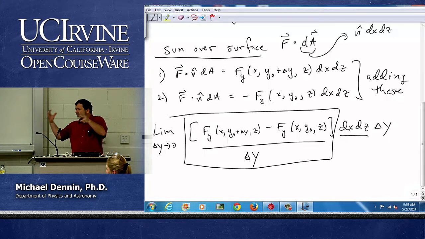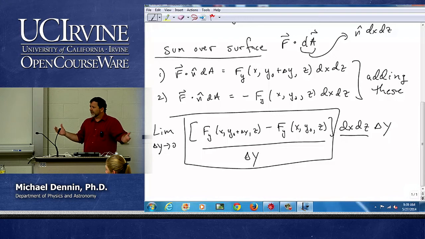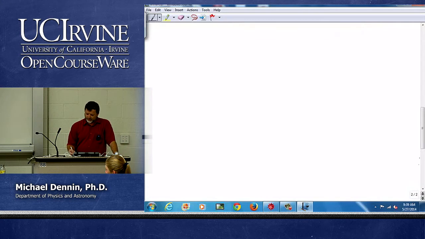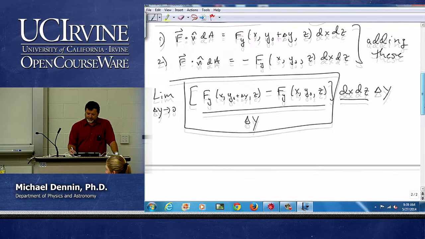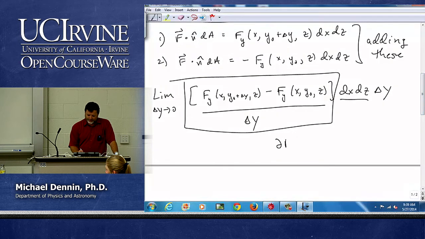And that's why I've got the derivatives with the thing that's enclosed and the non-derivatives around the surface. It's pure dimensional arguments in one sense. And so now I have the partial of f sub y with respect to y dV. And if I do all of the other terms, I'm going to get one for x and one for z,